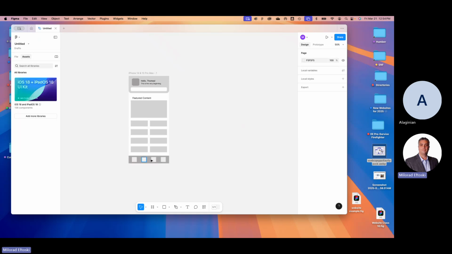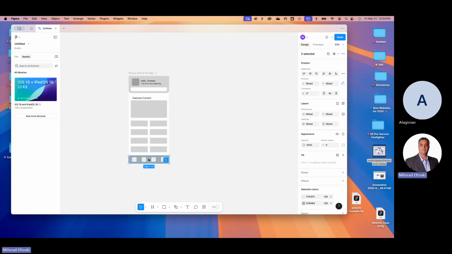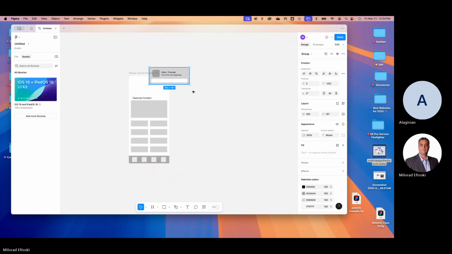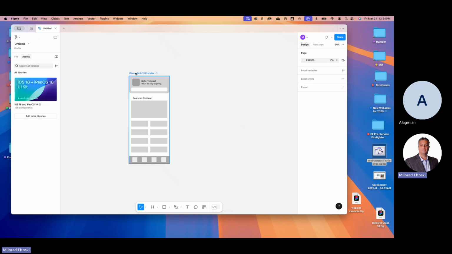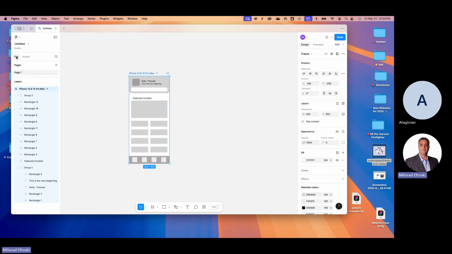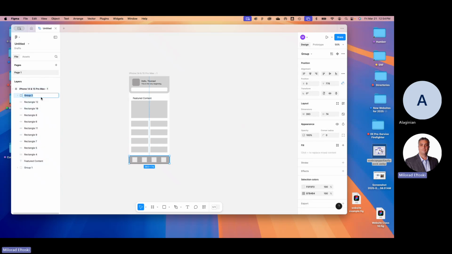I'm gonna group this together. Okay, I'm gonna group this together right now. So just press Command or Control G. So it's like that. This is also grouped. If you look at my layers on the left side here, my files, there's all my layers and there's my 2 groups. You can also name the group